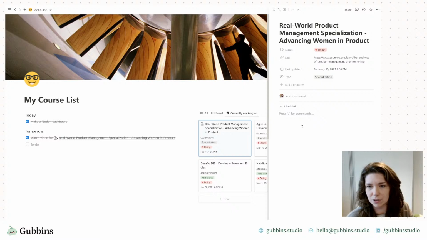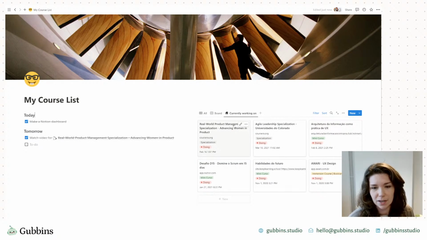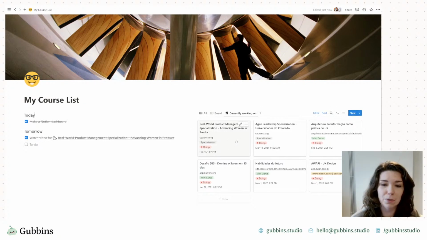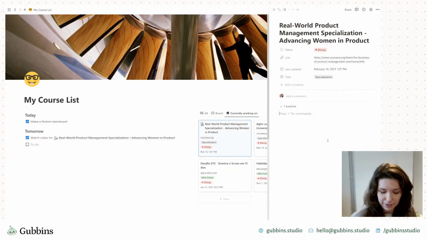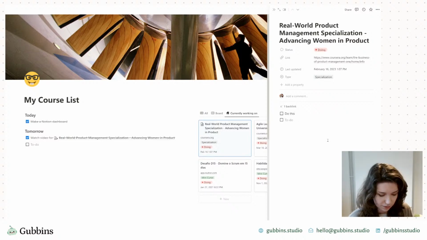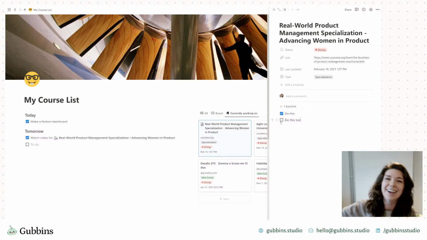Actually, here would be a better space to show you. So say you were jumping between 2 or 3 of these courses, and you work on this one on Mondays and Wednesdays and this one on Tuesdays or whatever. So you don't want to be clogging up your general to-do list with tasks that are specifically for one of these. So if I were coming to work on this one today, then I could maintain a separate to-do list down here. Do this too. Say I'd already done this. I could jump back in and say, okay, now I have to do this. Then I would leave Notion and go and do that thing, then return when I'd done it and tick it.